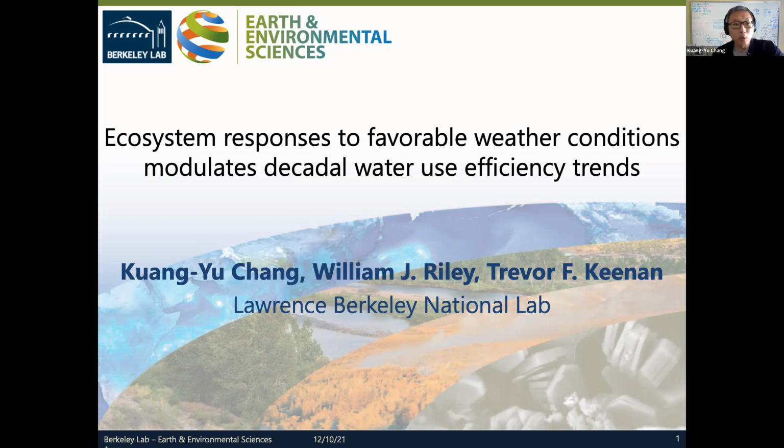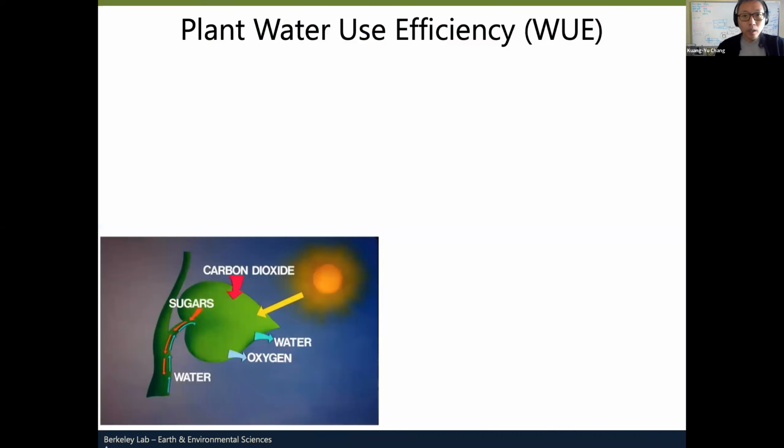Hello, everyone. I'm Kuang-Yu Chang from Lawrence Berkeley Lab. Thank you for being here during this very busy time of the year. Today, I'd like to talk about how short-term favorable weather conditions may affect decadal water use efficiency trends inferred from eddy covariance measurements. So I believe we can all agree that plant photosynthesis is one of the most important processes